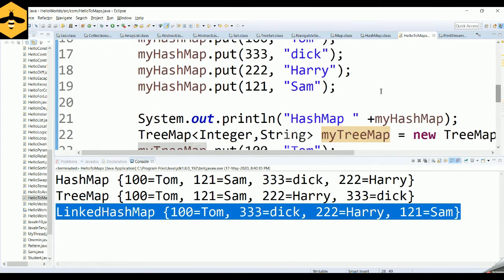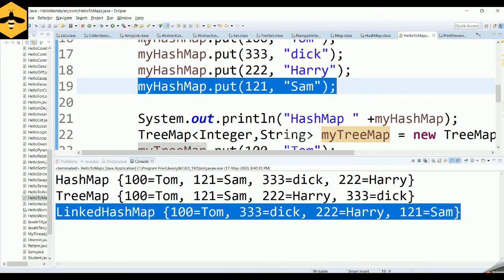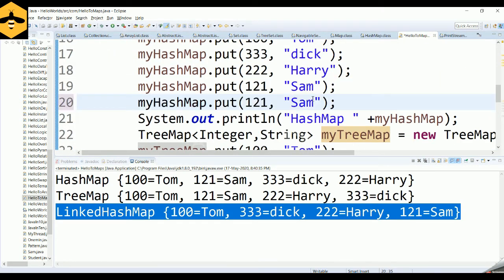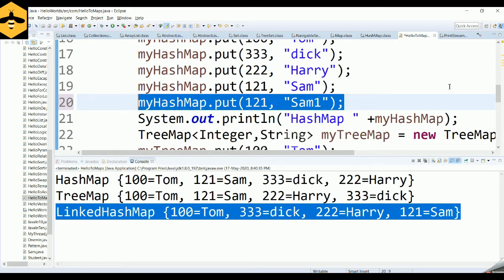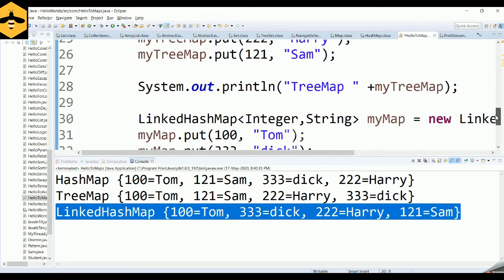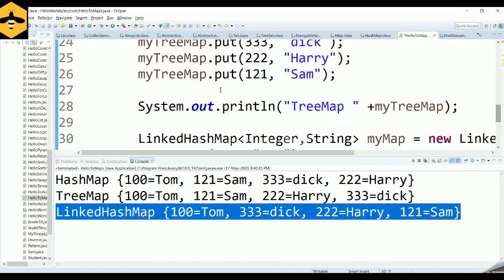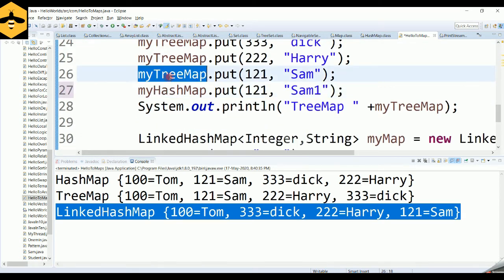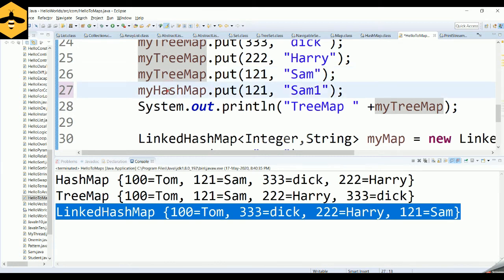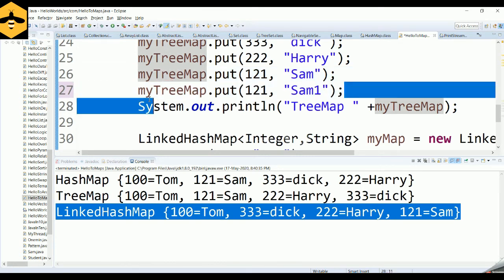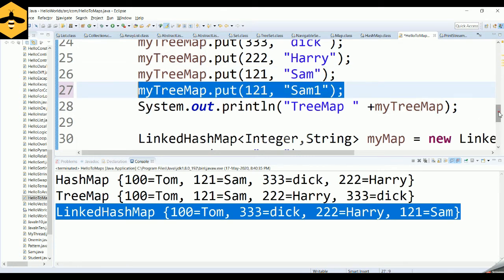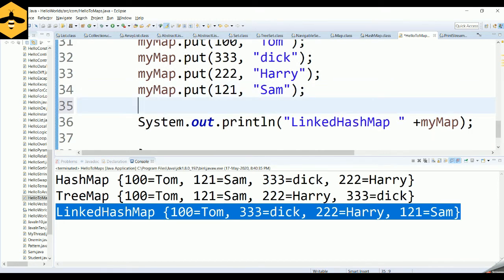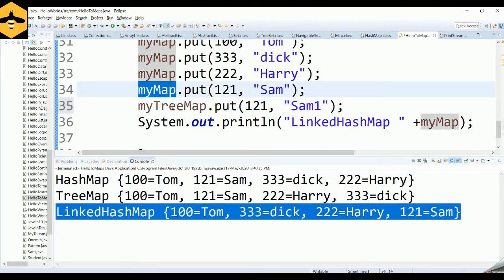For instance, if we try to insert one other element with the same key 121, and make it Sam1 in all the maps, so in the tree map also I'm going to do the same thing, and the same entry I'm also going to put inside my linked hash map.